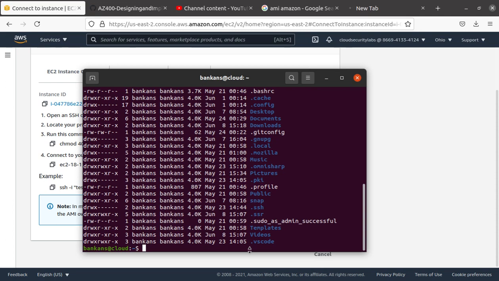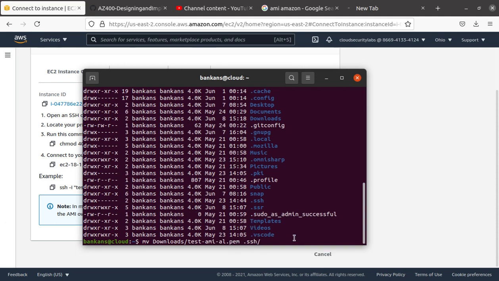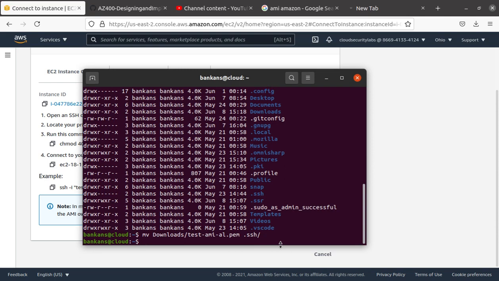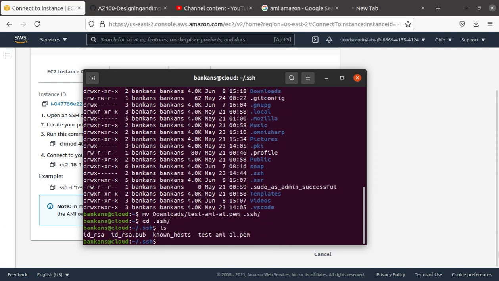So we're gonna do move, then downloads, and then test to .ssh, and that's about it. So we're moving this file to the .ssh folder. It's not mandatory, but that's what I would recommend. That's where all the keys should go. Hit enter, and then I'm gonna log in to the .ssh folder and validate that I have the key